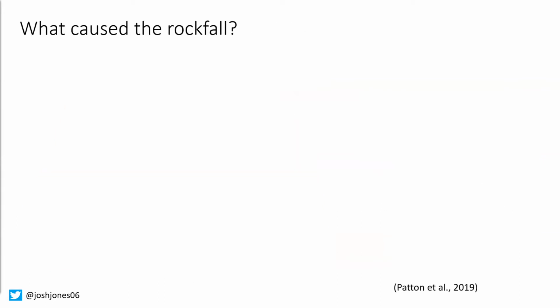So, okay, that seems good. We've identified that the rockfall occurred. The rockfall almost certainly caused the flood. So the final question to try and answer is what caused this rockfall? If we want to try and avoid and mitigate similar hazards in the future, it's vital that we fully understand those that have occurred in the past. So we need to try and work out why this rockfall happened. Unfortunately, this is quite a difficult question.